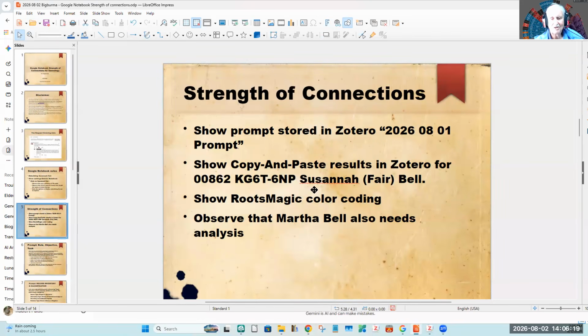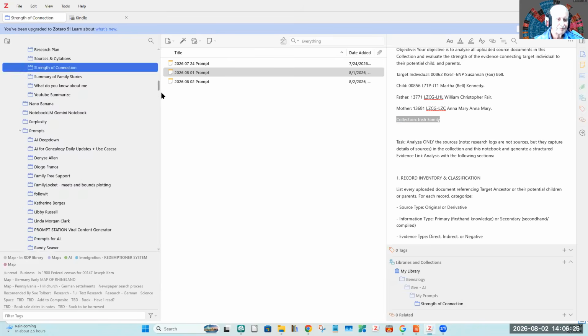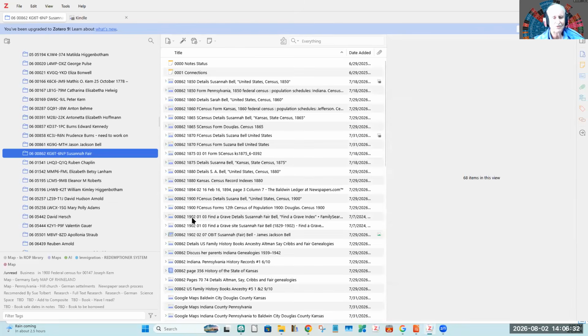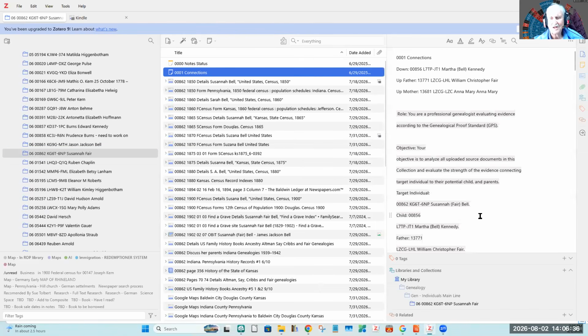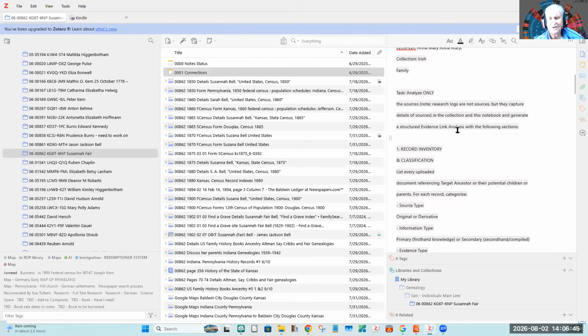Okay, so I'd cut and paste that information into Zotero, and now we've got to go find Susan Fair. Susan is 06862, right there. Connections is where it goes, and I just cut and paste that right into here. I capture the prompt, so I know which prompt I used, since I do it. And here's the